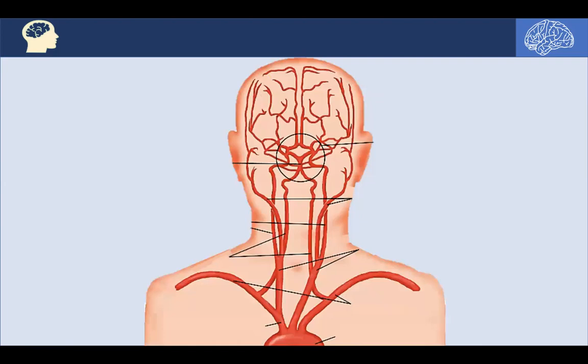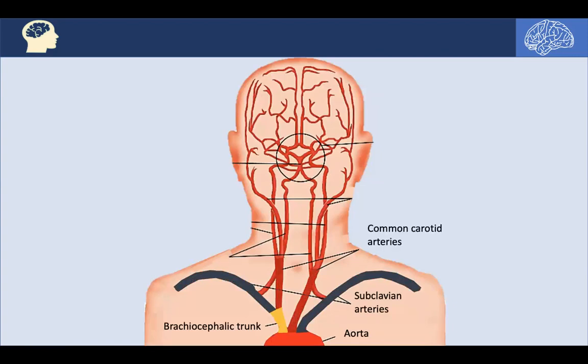As we are talking anatomically, the origin of these arteries that supply the brain is from the heart. So let's track them from the aortic arch. On the right side, there's a brachiocephalic trunk, and we have two subclavian arteries. The right subclavian artery arises from the brachiocephalic trunk, while the left one arises from the aortic arch. And we have two common carotid arteries. The right one, just as for the right subclavian artery, arises from the brachiocephalic trunk, while the left one arises